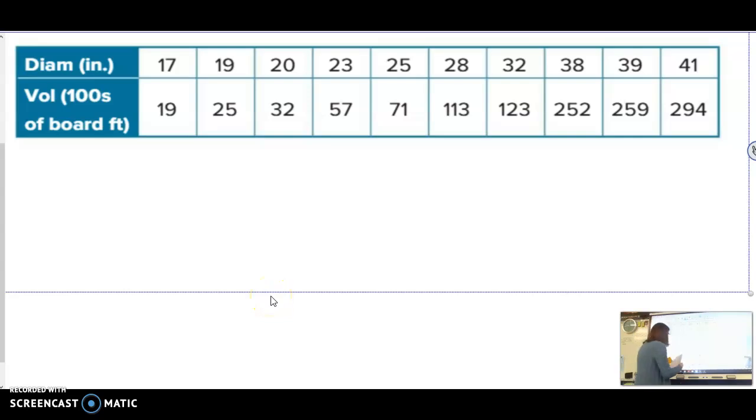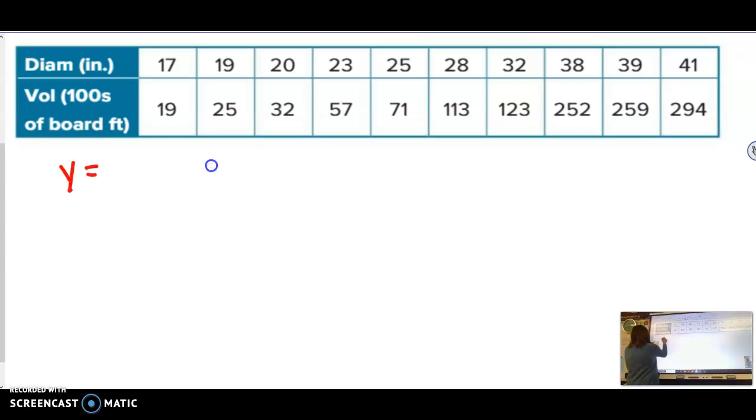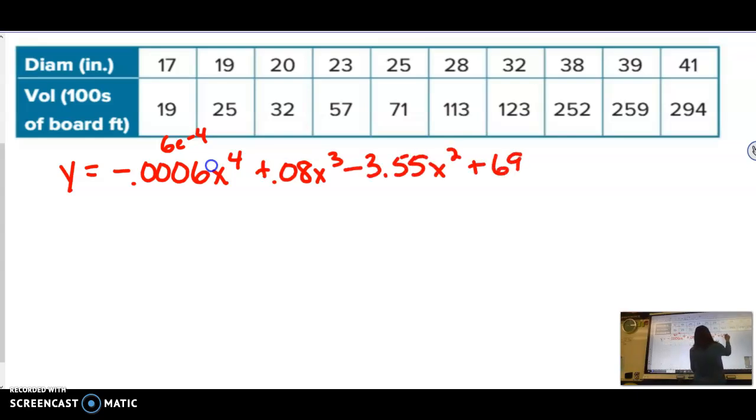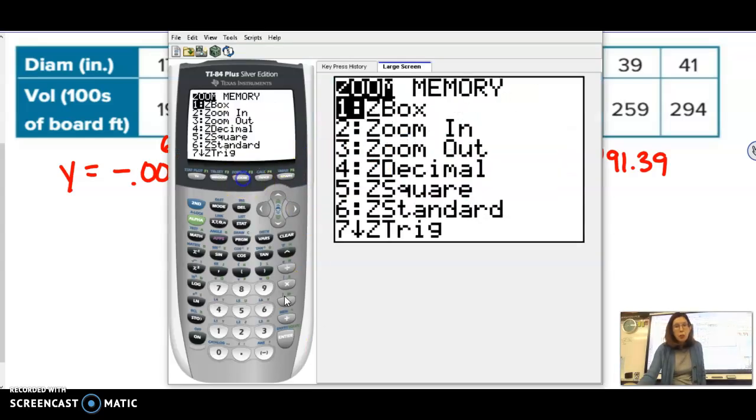So if I go to write this down, it would be y equals negative 0.0006 x to the 4th. Again, that's 6e to the negative 4. I just moved the decimal 1, 2, 3, 4 places. Then plus 0.08 x to the 3rd minus 3.55 x squared plus 69.11 x minus 491.39. So I just put those numbers in, and now I'm going to go ahead and hit zoom 9,